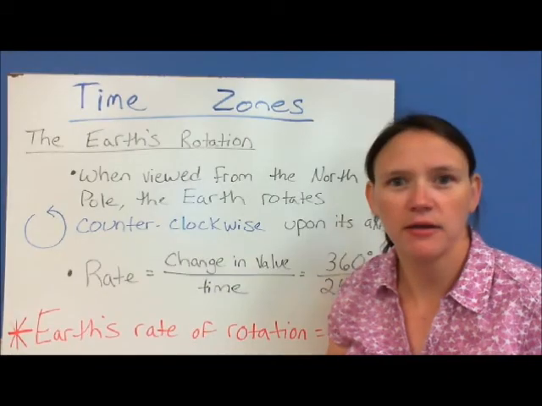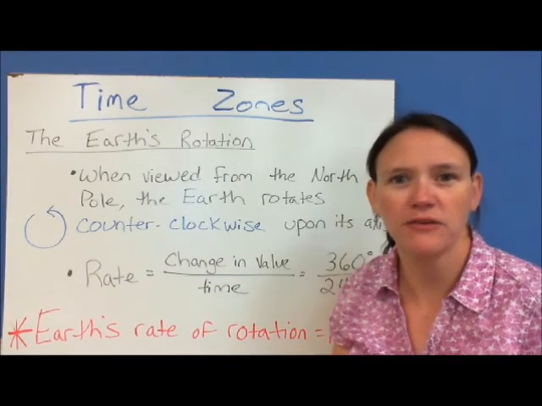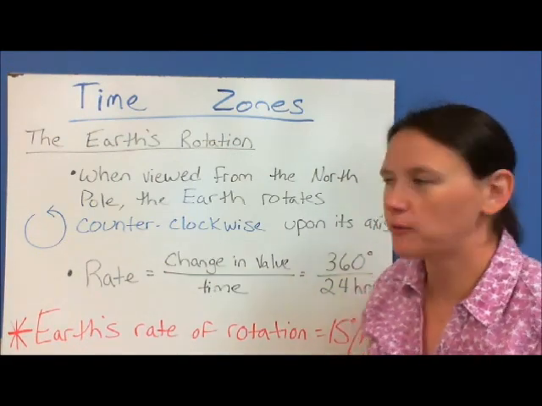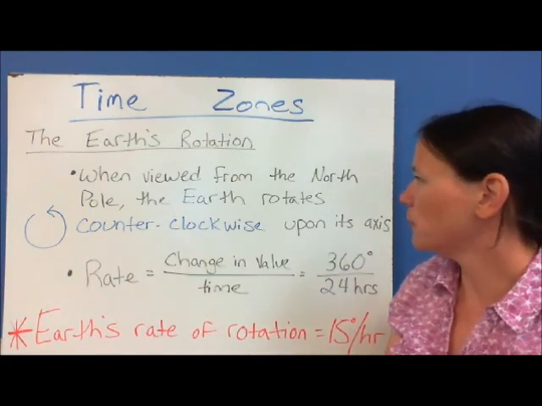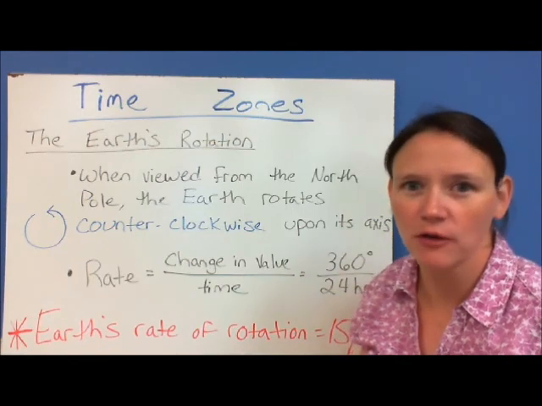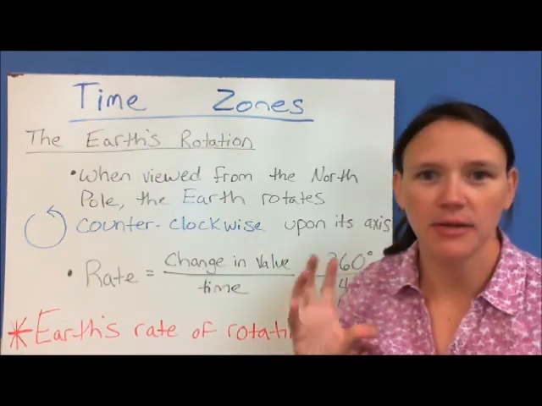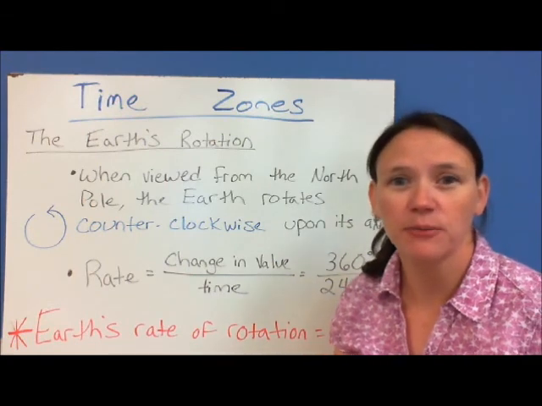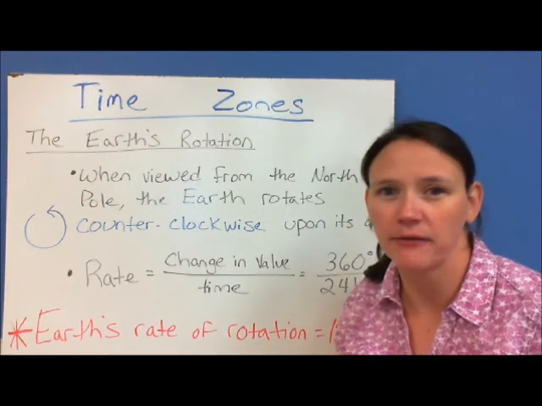We're going to take a look at the Earth's rotation and also time zones. And right here, first we're going to take a look at the Earth's rotation. When viewed from the North Pole, the Earth rotates counterclockwise, and that's going to be on its axis. It's spinning counterclockwise. We can actually figure out the rate that the Earth is rotating based on a couple of